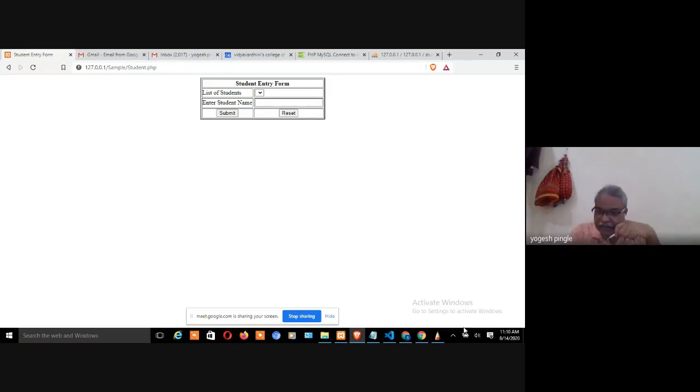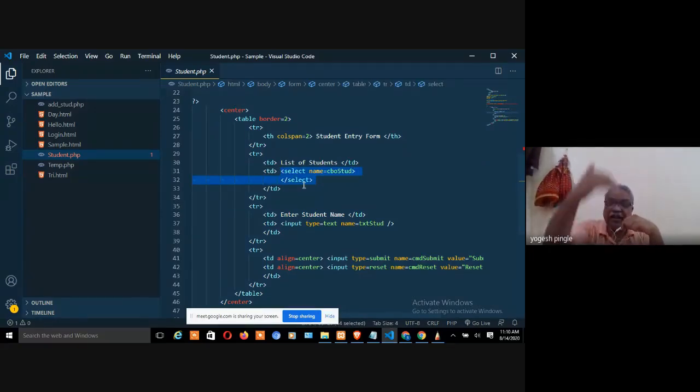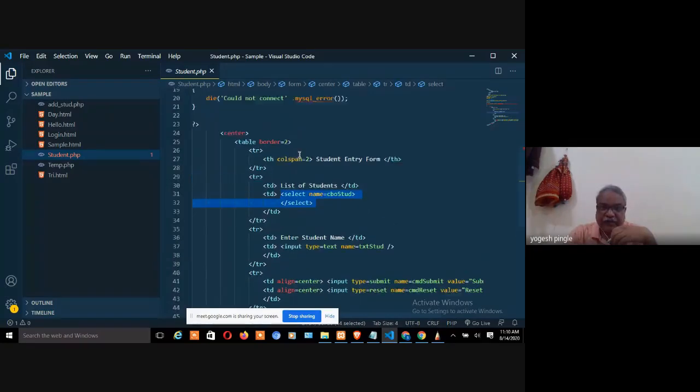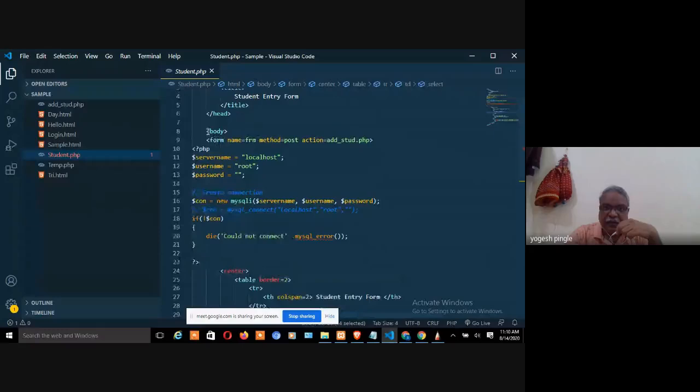So I go over here. Not only is this HTML going to help me, but I have to write PHP code here, so that at the first loading itself, I am able to see how many students I have added previously. So I will go to the body tag.